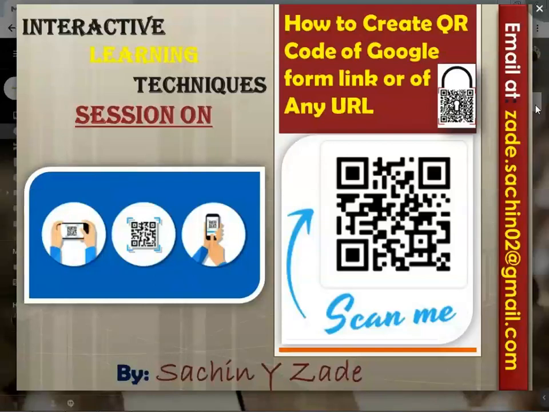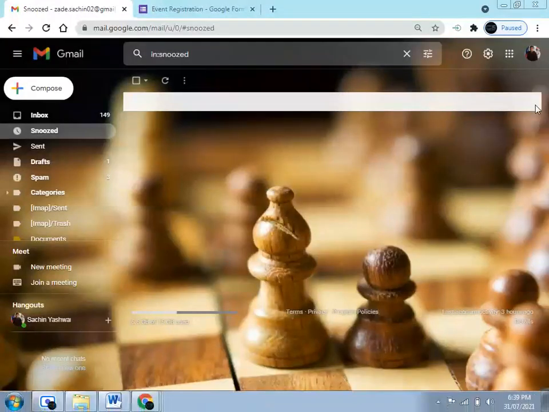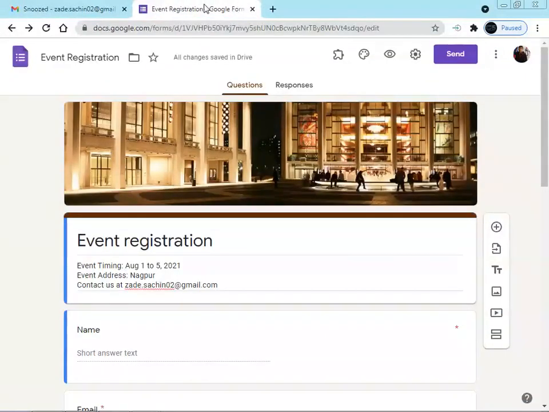So now we are going to see how to create this QR code, and then we will see how to embed this code in your form and how we can retrieve the information from the QR code, that is, how we can scan this. So the basic requirement for this is that we must have some link to obtain the QR code. We are trying this for the registration form which we created, that is, we are going to create a QR code for our registration form.